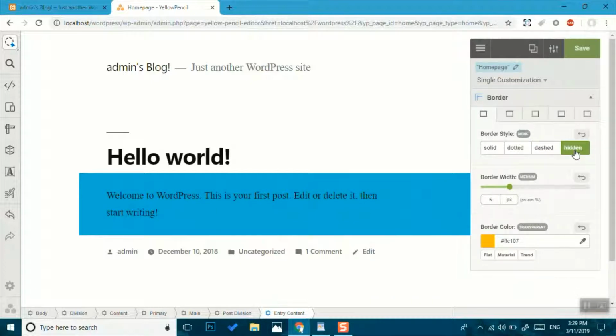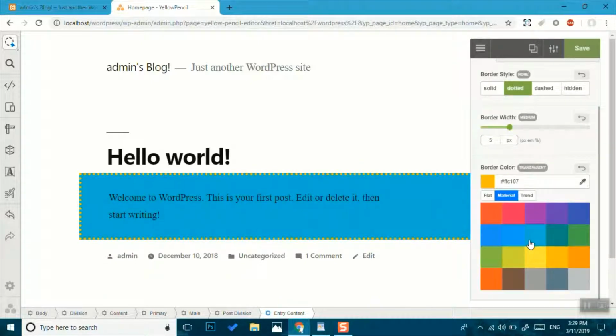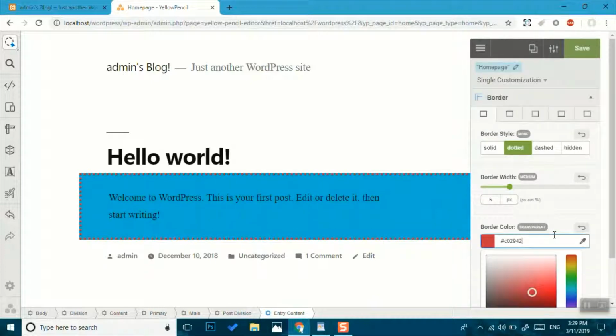If you click on hidden, the border will not be visible. You can change it to dashed, dotted, or solid for different styles and change the color from here. You can also make it opaque to transparent,